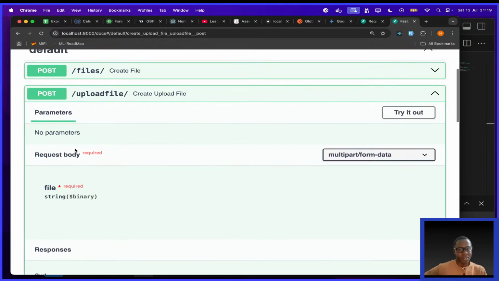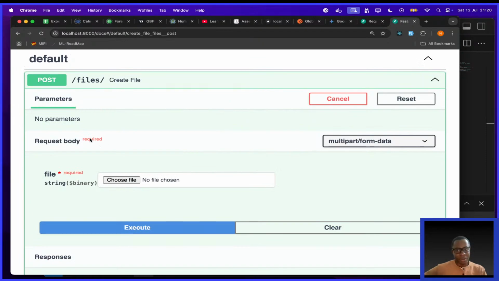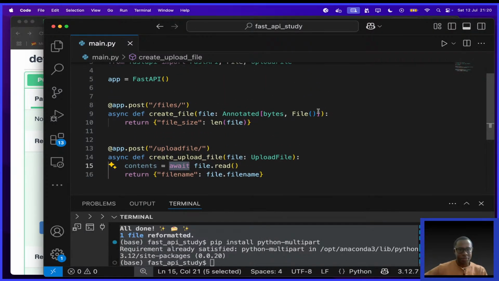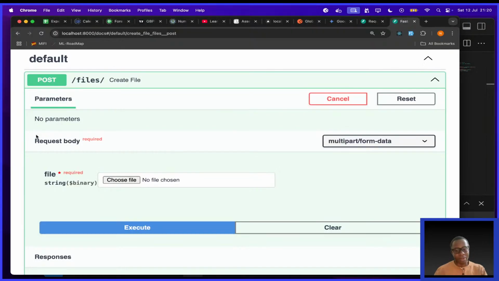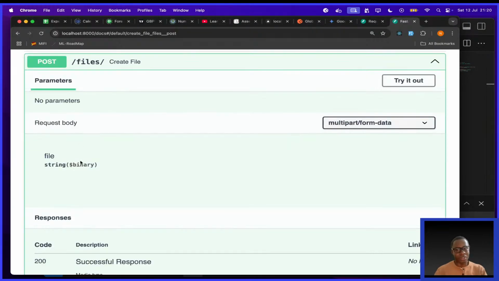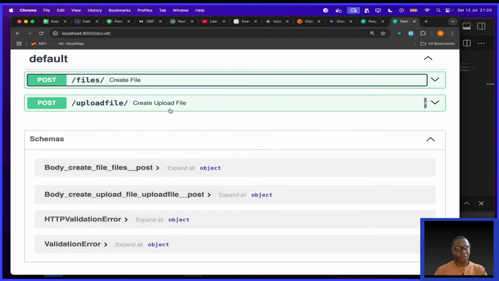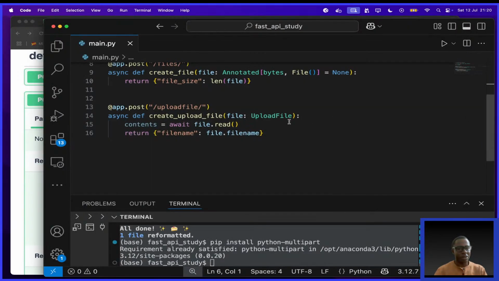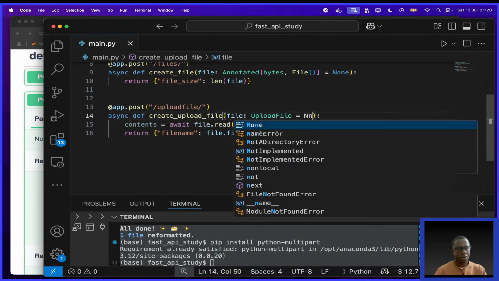Are you seeing here? They say request body required. I close it. I open this. They say the request body is required and the file is required. So if I come back here to the code, okay? And I say this equals None, like that, okay? And I come here, refresh, you see, that required statement is not there anymore, okay? But if I open the second one, this one here, you see this one is still required. But for it, if I come here and I say equals None,